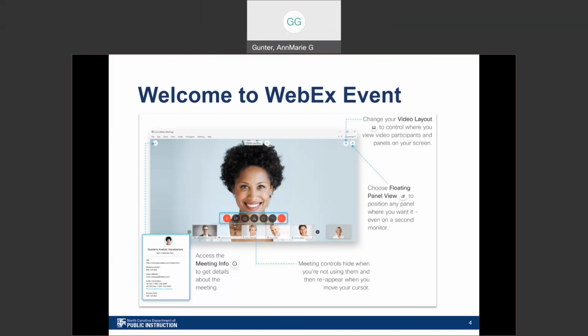The red buttons on each end are also important. The one on the left shows your microphone, and as I noted before, everyone is on mute so that we can cut down on the background noise with our recording. On the other side, the red button with an X through it is the exit button. When we're all done today, you'll click that, and that will exit you from our broadcast. If something happens, you accidentally hit that during the broadcast, don't worry. Just use the same link to come back in as you used to get in originally. It should work just fine.